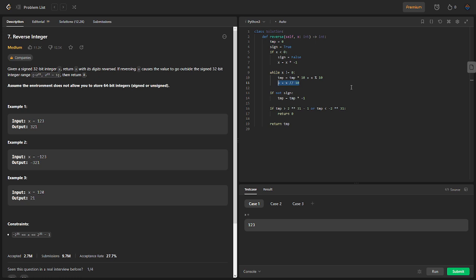After the loop, we've successfully reversed the positive integer x stored in temp. If x was originally negative, we restore the sign by multiplying temp by -1. Finally, we perform a check to prevent overflow and underflow. If temp right here is greater than 2 to the power of 31 minus 1, which is the